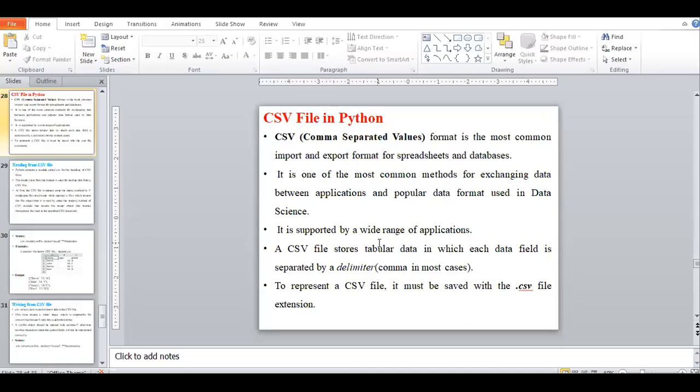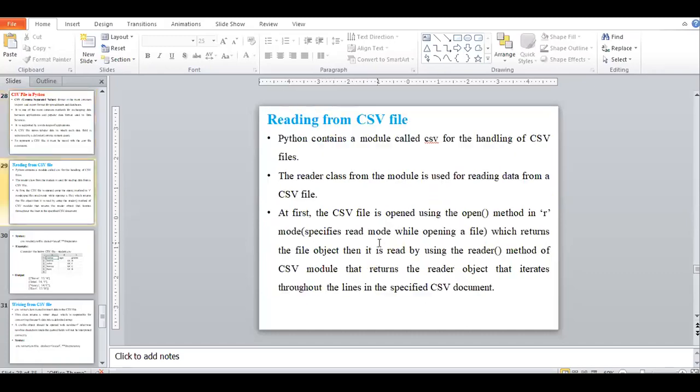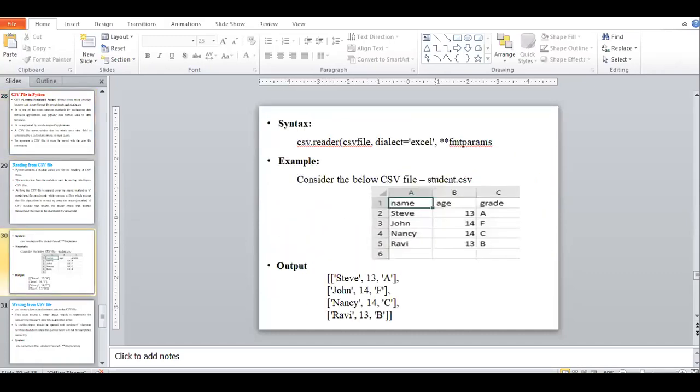In that program I am performing reading, writing, and some more operations, like inserting data in the same CSV file. It requires more time to execute, so today I will just give the introduction to CSV file reading and writing operations.